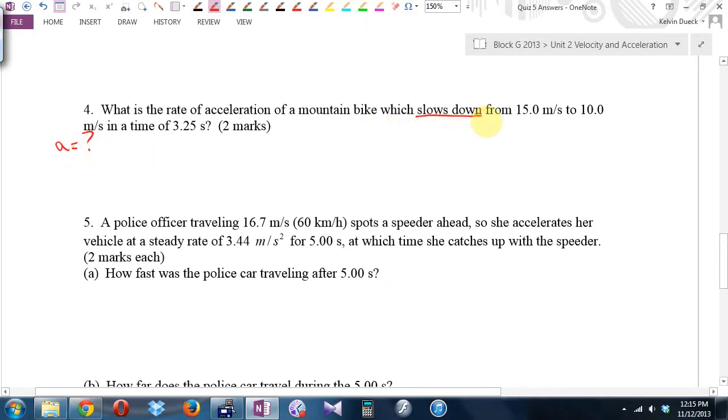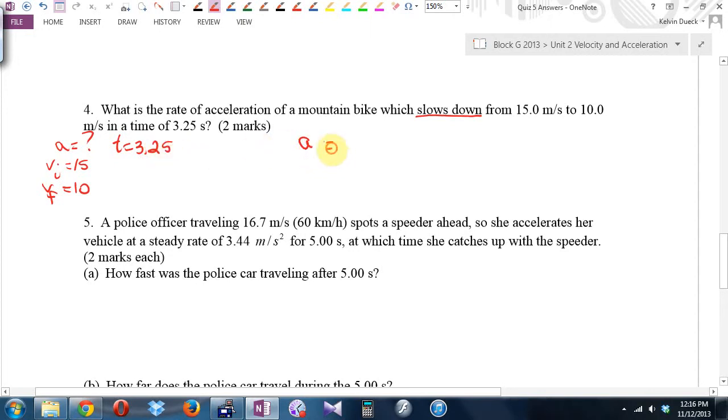Hey, see what I underlined? What kind of an answer am I expecting here? Negative. If I get a positive, I've goofed. So I'm anticipating being not freaked out when I get a negative, but actually good when I get a negative. V initial is 15. V final, 10. T,